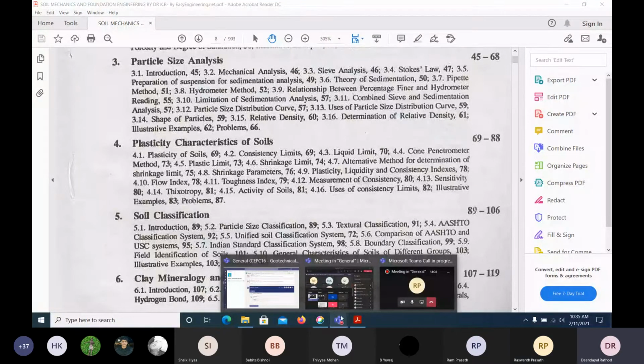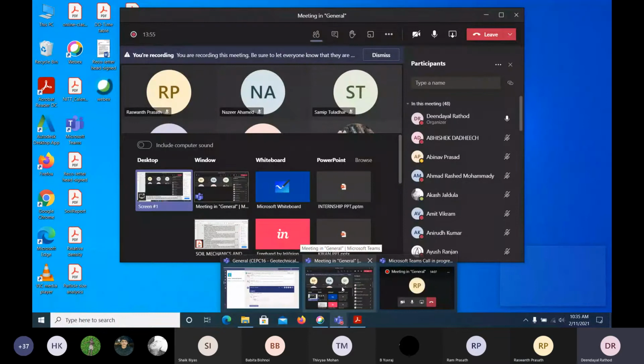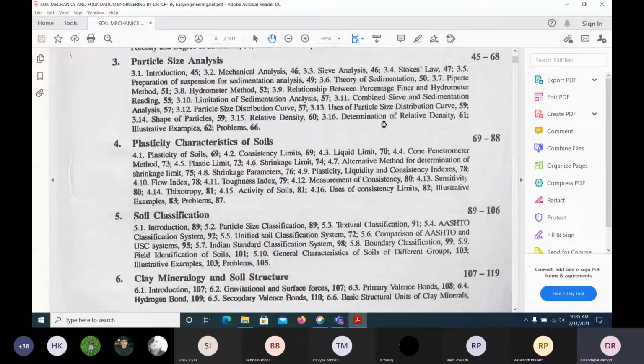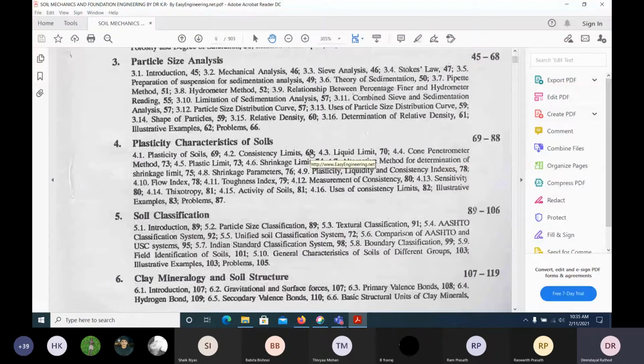So if you recall what we have discussed in the last classes, we have classified the soil and we have drawn the grain distribution analysis curve. Okay, and we have seen the soil below 75 mm also, how we can plot the gradation curve. Keep watching 2-3 times, then you will understand. Keep reading it because we cannot spend much time on that.